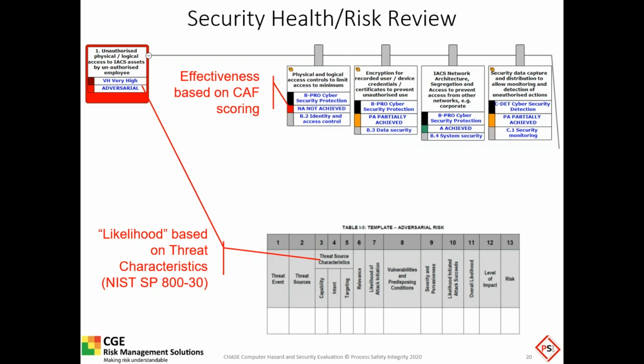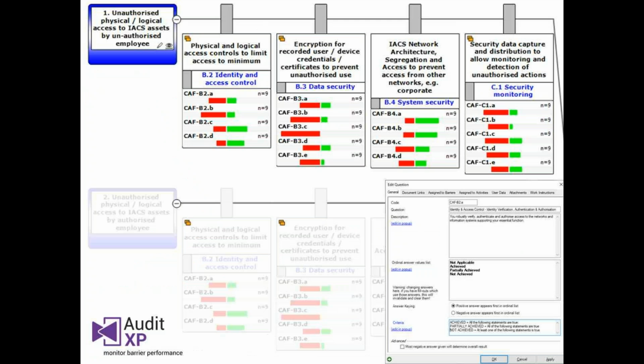The barrier effectiveness we get from the CAF scoring. So depending on your answers to the self-assessment questions, do you fully, partially, or not at all achieve those objectives? And that gives you a sense of the effectiveness of those barriers. In a few minutes, I'm going to show you how this works in reality using